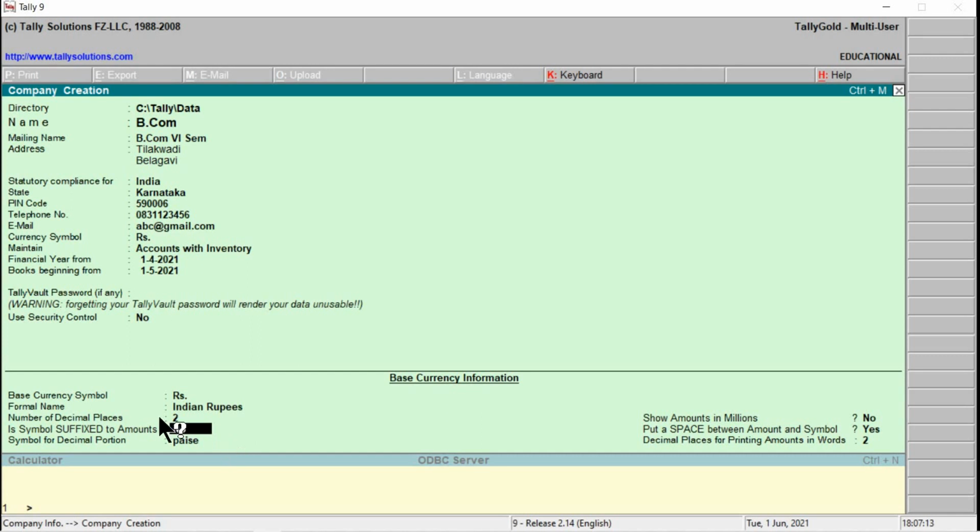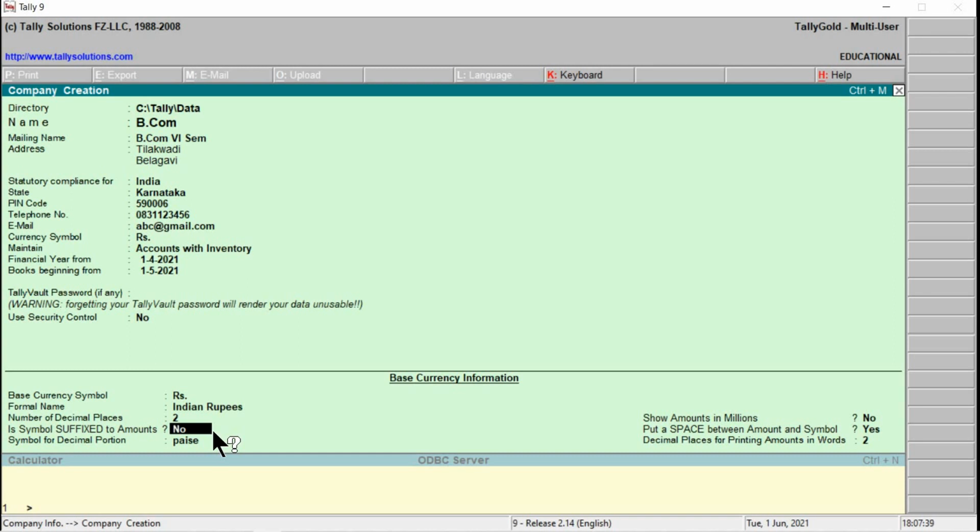For that sake, no. But I just take the example of the yen. Yen is the currency symbol of the country Japan. In that case, first they mention the amount, then they write the symbol, 500 yen. But as per our country, we first mention the symbol, then the amount.